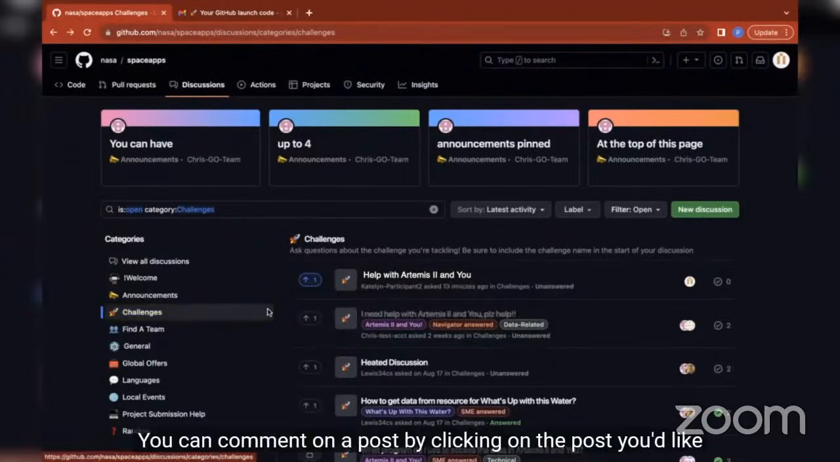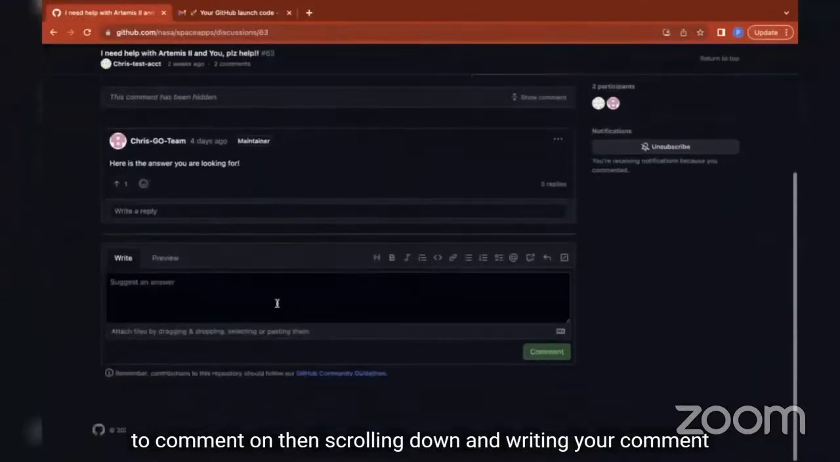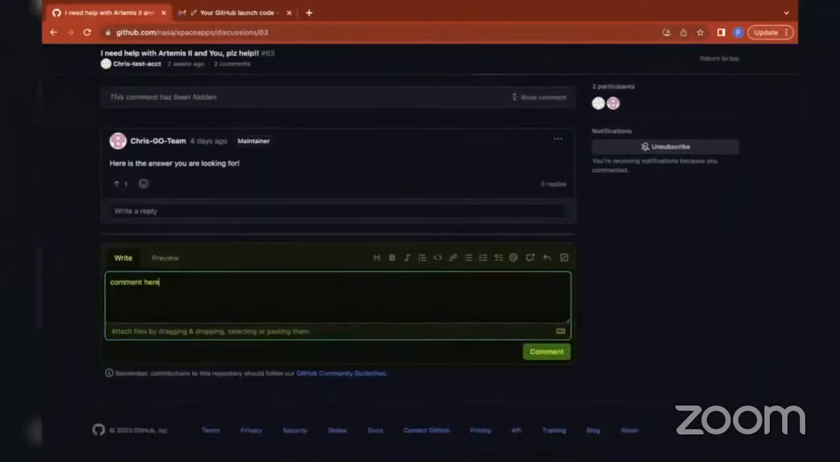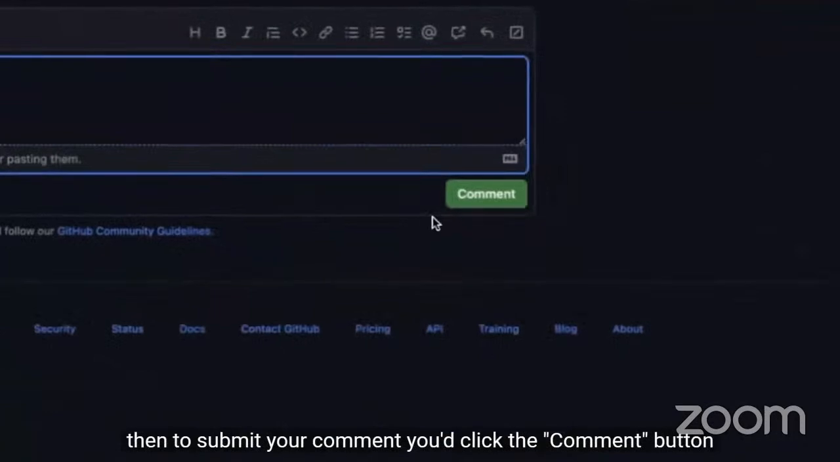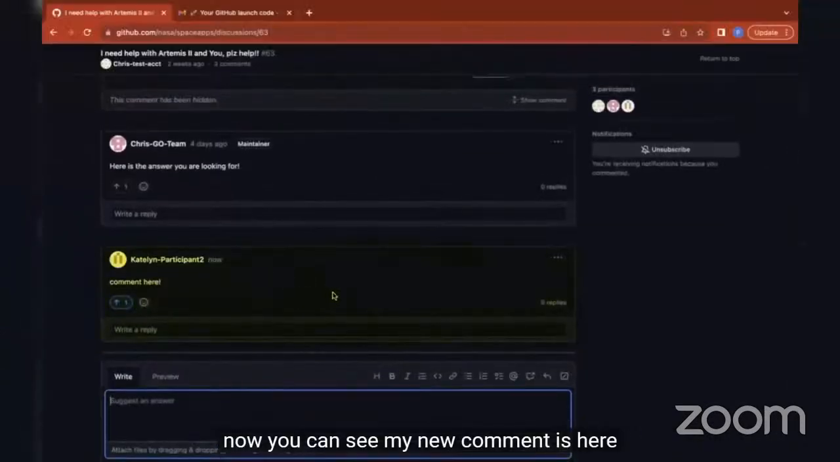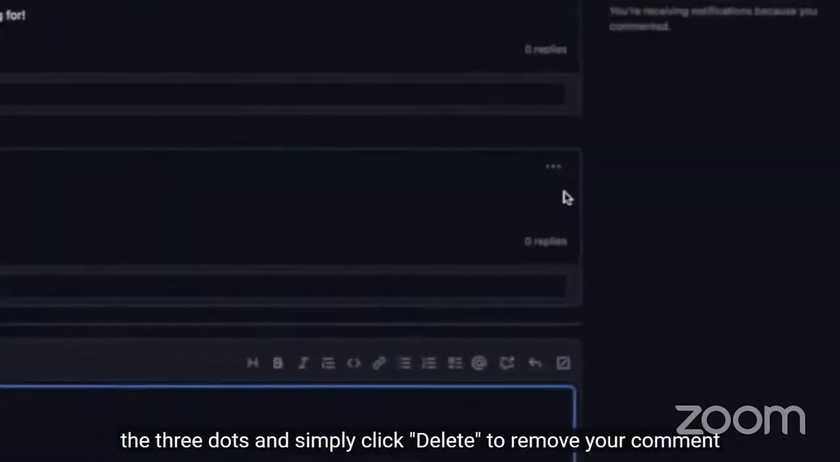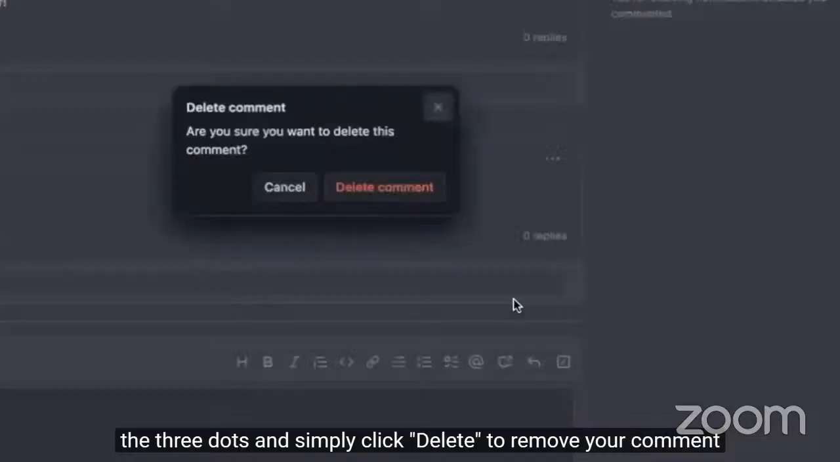You can comment on a post by clicking on the post you'd like to comment on, then scrolling down and writing your comment. Then to submit your comment, you'd click the comment button. Now you can see my new comment is here. If you decide you no longer want your comment there, you can click the three dots and simply click Delete